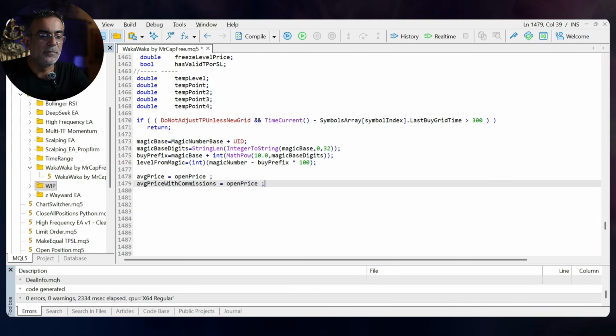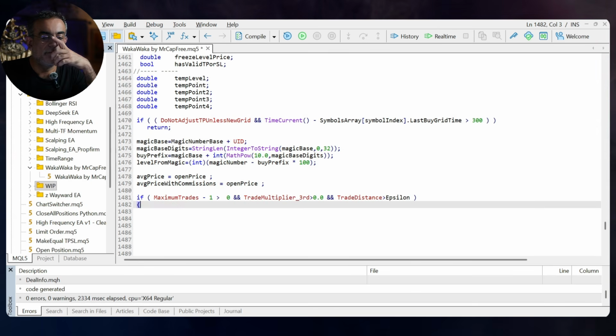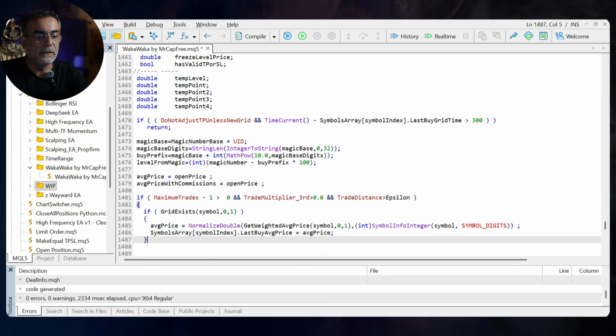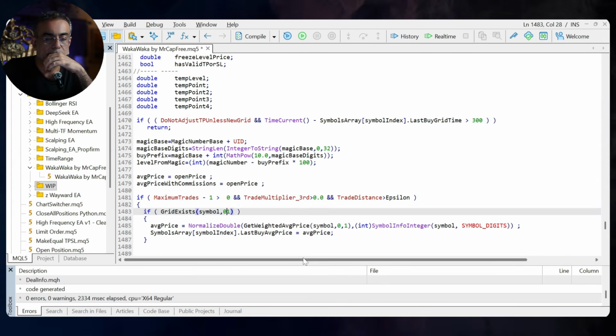And we set the average price with commission also equal to the open price. Then we're going to check if the maximum number of trades minus 1 is greater than 0. The three validations are that the maximum trade has a value, the third multiplier has a value, and the trade distance has a value. And then if the grid exists for direction 1, which is the buy,